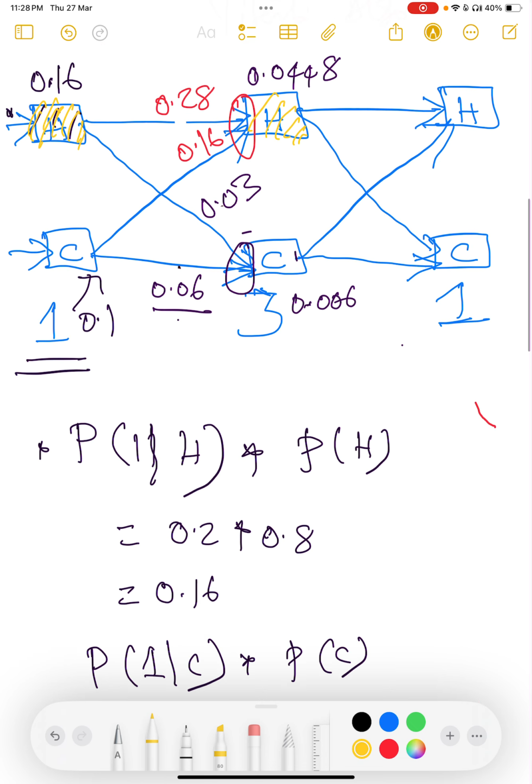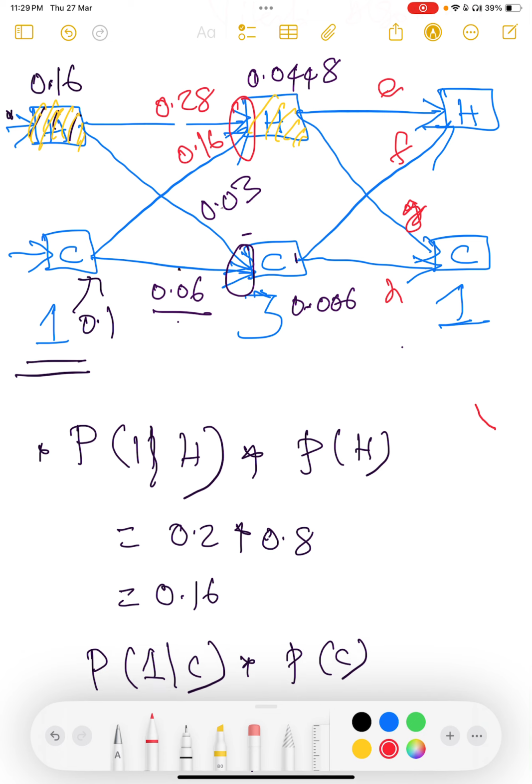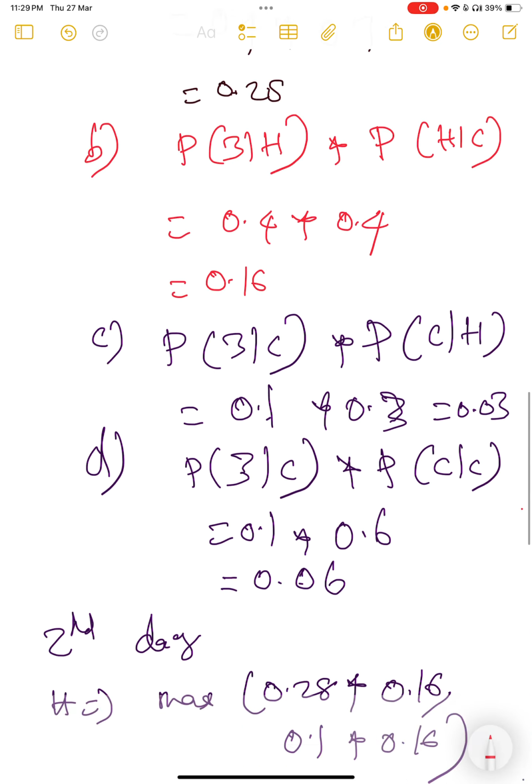So again we go for this one, right? For the third day, as we did A, B, C, D, we'll do E, F, G, H. Keep it as E, F, G, H, and we'll do it as E. What will the value be? P of 1 given H into H given H. So the E value will be,